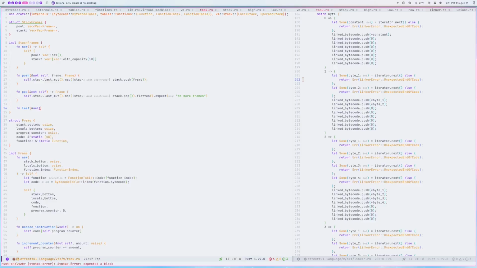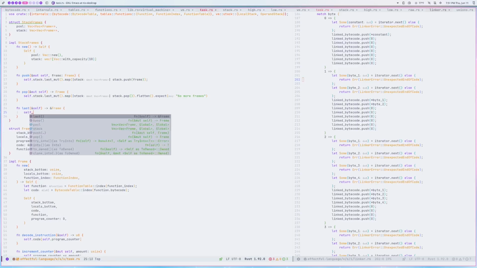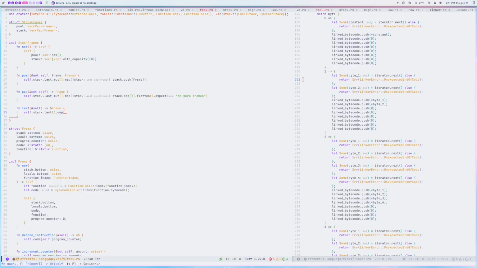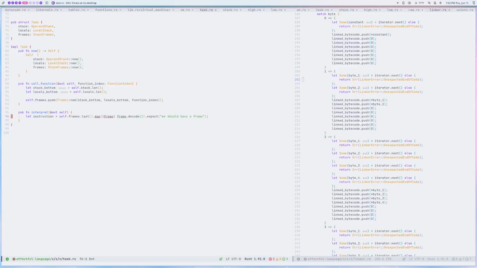Yeah. Flatten. Frames. Oh. All right, so